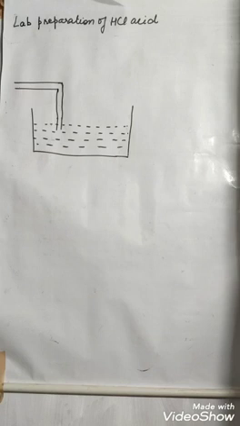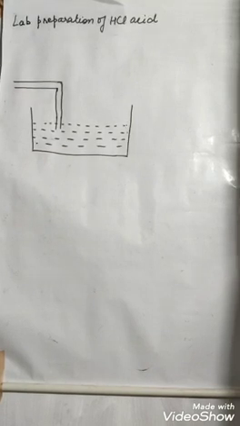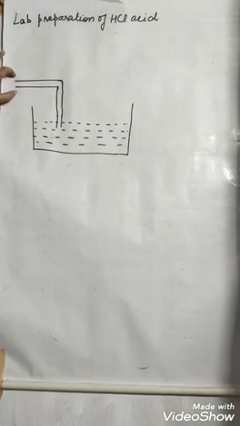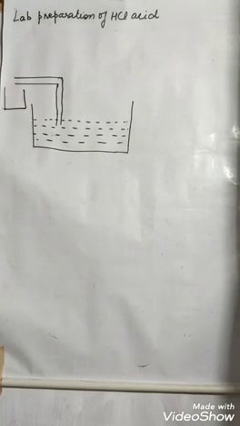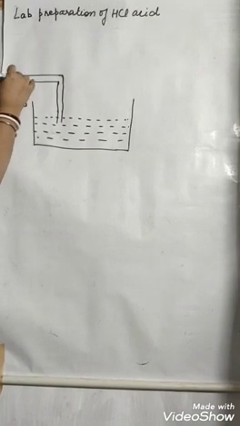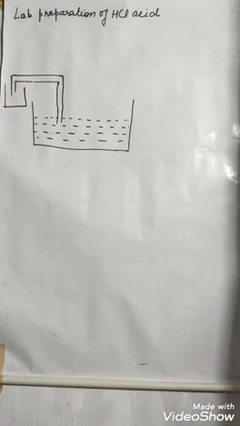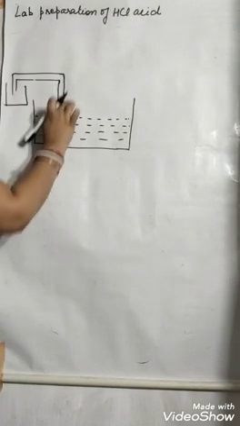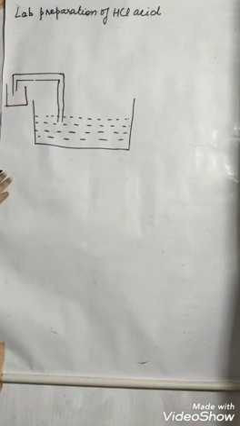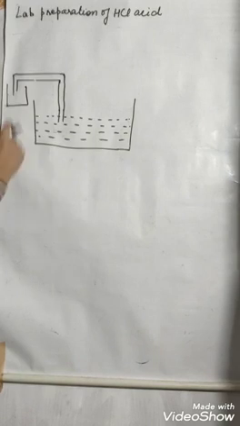So whatever apparatus we have used for HCl gas, that only we will use. But the thing is, with that apparatus where we have collected the HCl, from here one delivery tube will come and go into the tube containing water. So HCl will come from here and get dissolved, but there are some consequences.